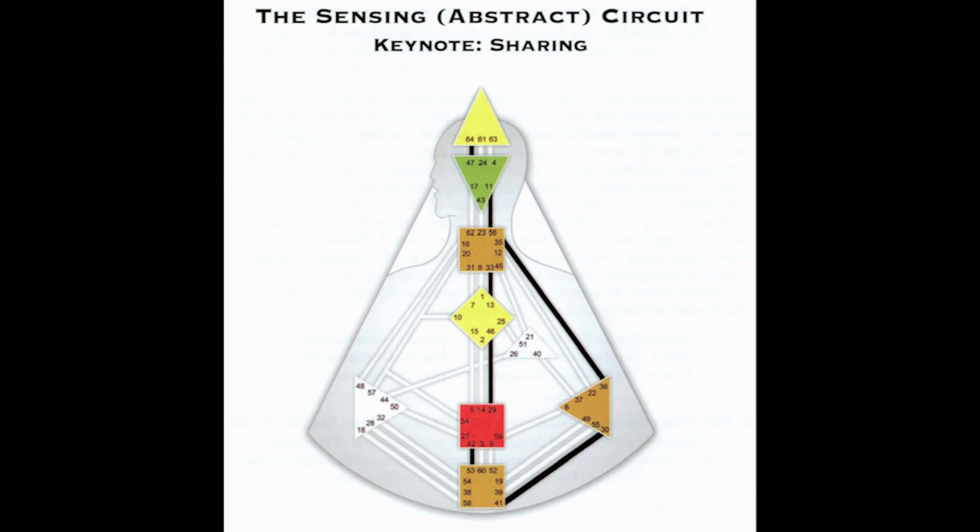So in looking at these pressure centers, please understand that we are looking at the fundamental root of all human processes. In that, the fundamental source of pressure is necessary to initiate all of these processes. The 41st hexagram is the fuel or the pressure of an abstract stream in the sensing circuit, the stream of feeling. This stream is a uniquely human stream. It is the evolutionary and genetic material necessary for us to experience incarnation in a human form. Without this stream, the human evolutionary process would not exist.